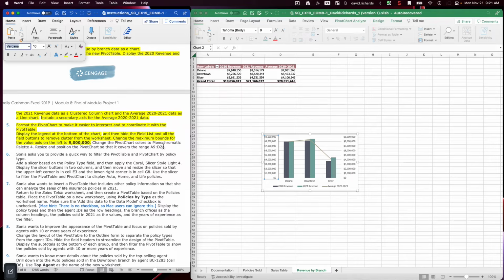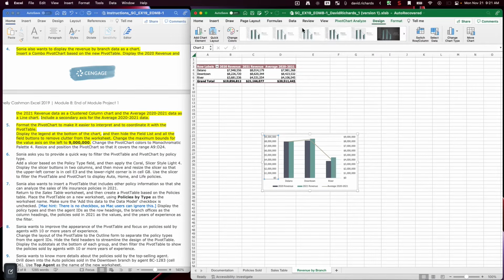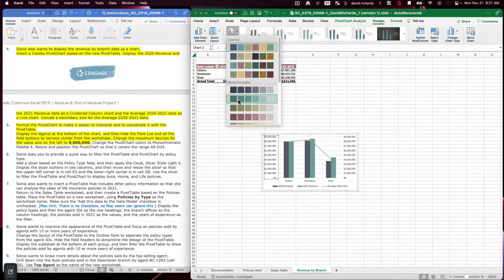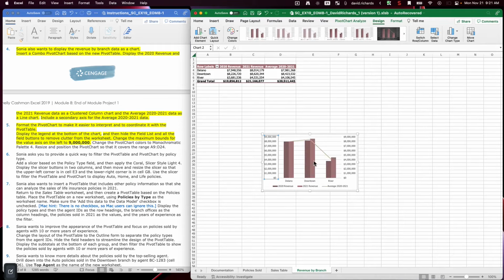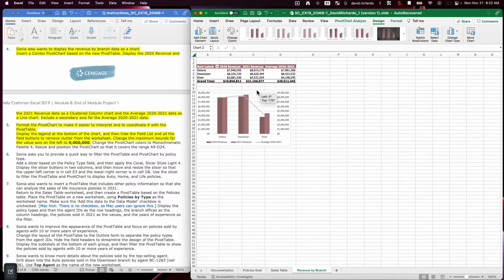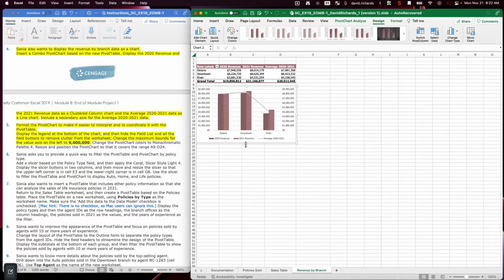Then we're going to change the pivot table colors to monochromatic palette 4. So with the table selected, go to Design, change color, monochromatic number 4. And then resize and position the chart so it covers A9 to D24. So grab the chart, move it to A9, move it across to D, and then down to